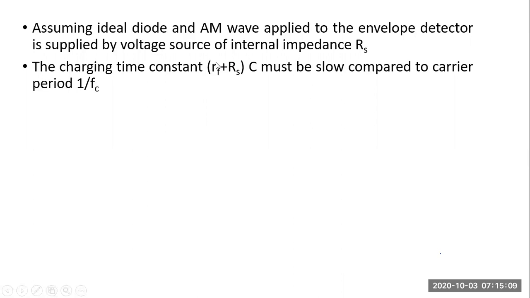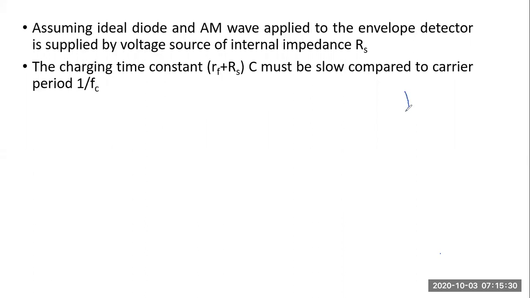Remember, this is very small. It can be 5 ohms, 10 ohms. So the resistance of a conducting diode is Rf, plus Rs represents the resistance of the source or the receiving antenna. So the time taken for this capacitor to charge, please remember,